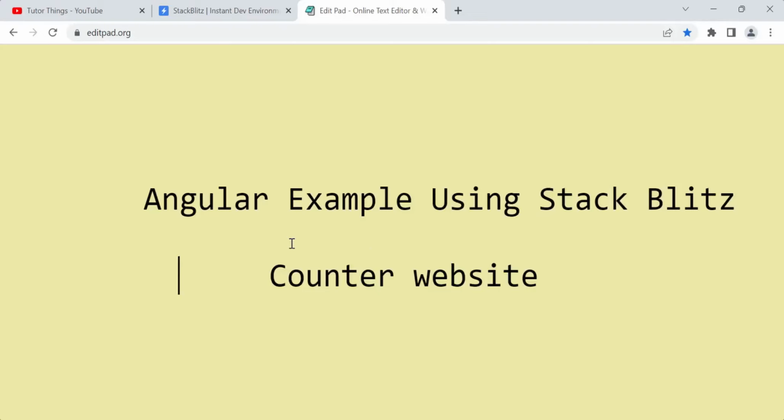So in this video, we are going to see an example called a counter, like a counter website. It will increase the count, decrease the count, and reset the count based upon the clicks you have entered. So, a simple basic example of how we have to do that in Angular,